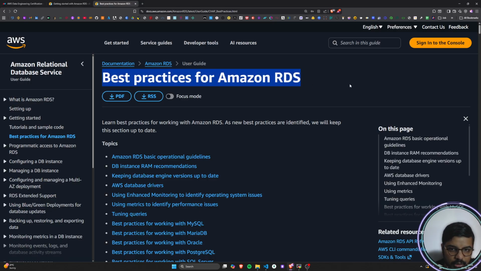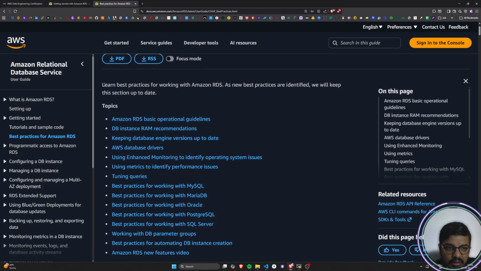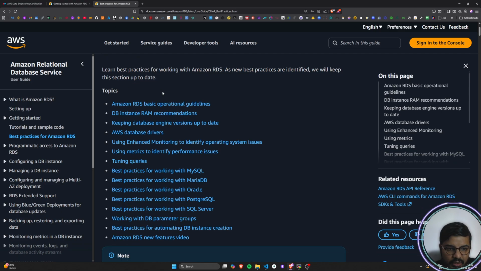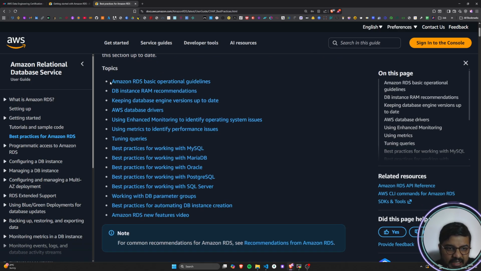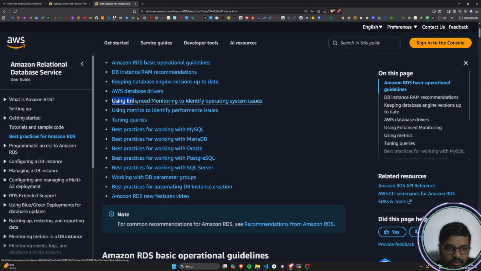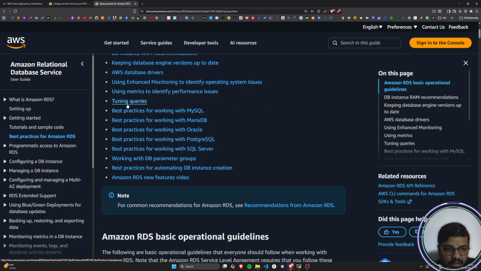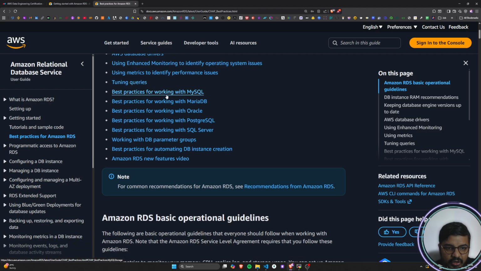Okay, so best practices for Amazon RDS. Learn best practices for working with Amazon RDS. As new best practices are identified, we will keep this section up to date. So we will be covering topics like Amazon RDS basic operational guidelines, then the database instance RAM recommendations, then keeping database engine versions up to date, AWS database drivers, then using enhanced monitoring to identify operating system issues, using metrics to identify performance issues, then tuning queries, best practices for working with MySQL,